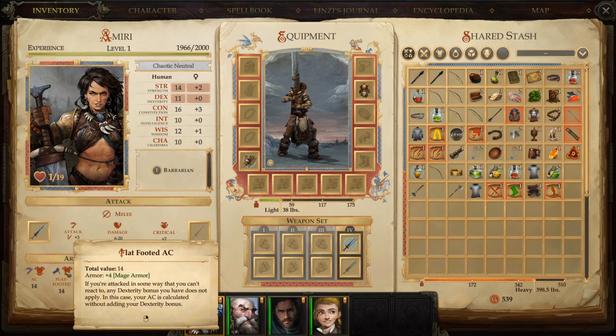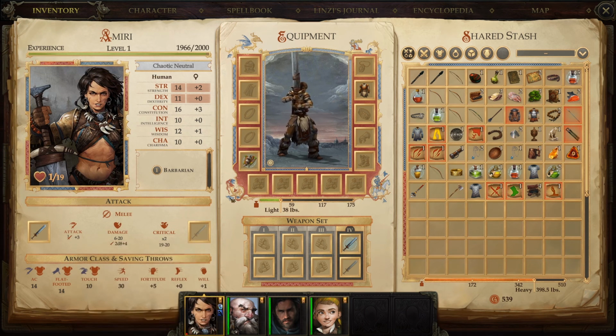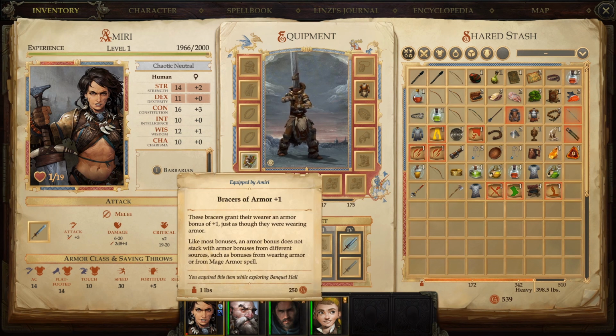Where can I see that? Is it here? +4 armor, mage armor. Oh no, because that's the mage armor that she's got. It doesn't say where I'm getting...